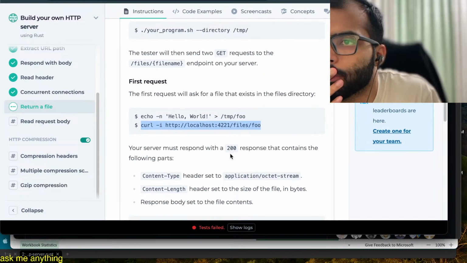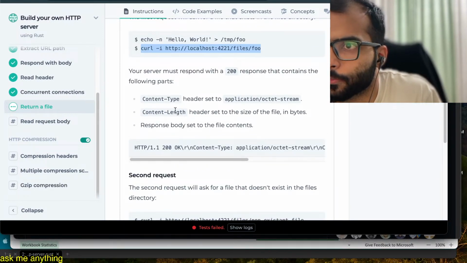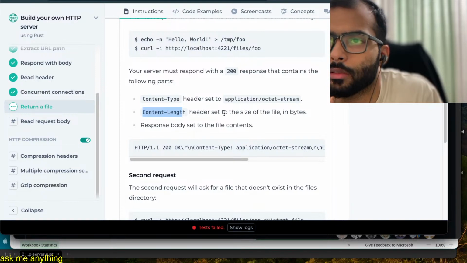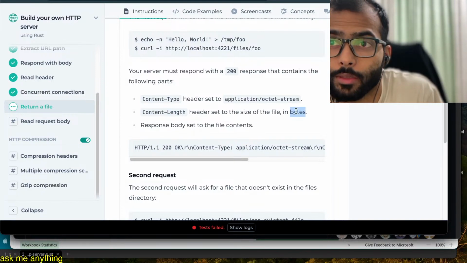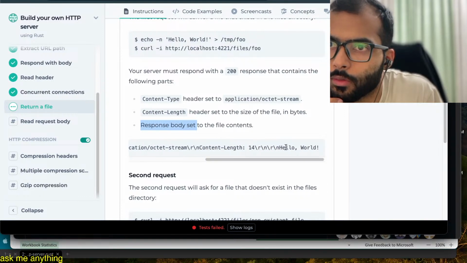What they want us to reply with is the content type should be application octet stream. Content length header should be set to the size of the file in bytes. Response body set to the file content, so it should return the content here after the